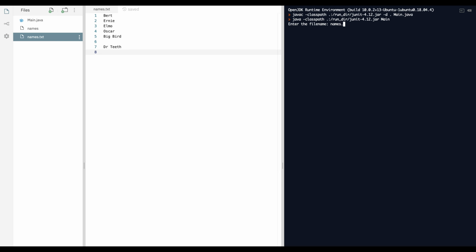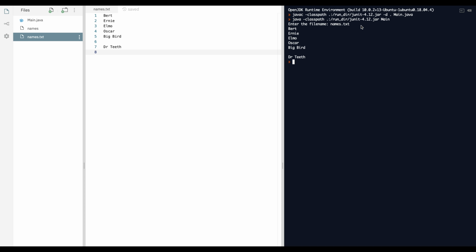So names.txt, and it did exactly what I expected, right? It's got that line of empty, or the empty line of text, in between the two of them there. This is far better than just having names, no extension, because as I pass the data that I've collected inside of my Java application from one architecture to another architecture to another architecture, from Mac to Windows to Android to a server OS, as I go from front-end user interaction to back-end server-side